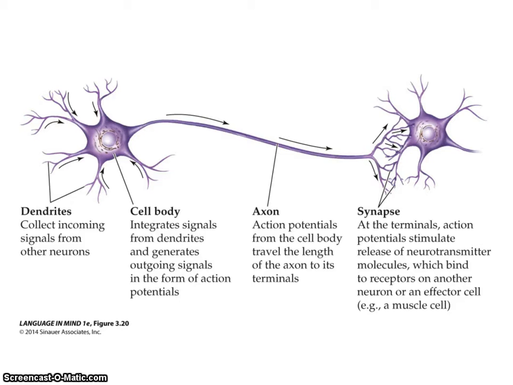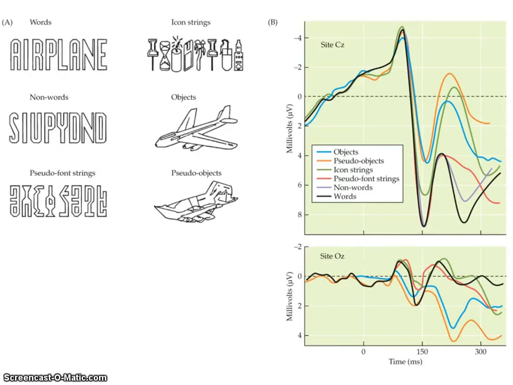Rather, when we put an EEG cap on somebody's head, we're measuring thousands upon thousands upon thousands of neurons all at once, and their conglomerate or aggregated electrical activity. So in a study like this one that you read about in your text, we can present individuals with different stimuli, like words or non-words,